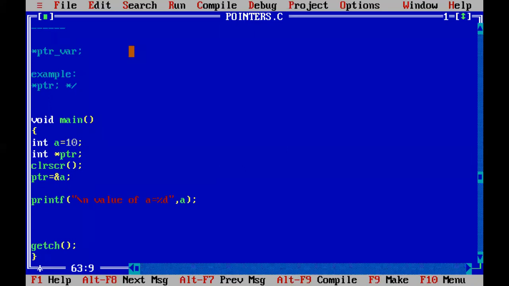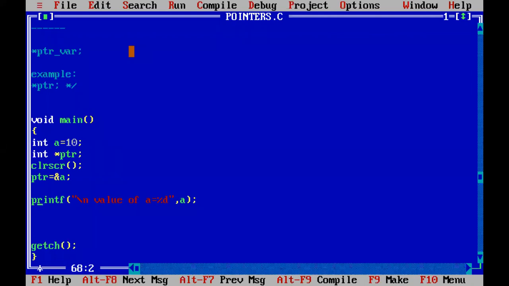And next, to store the first byte memory location address, we are creating PTR pointer type variable. And into that PTR variable here in the 4th line, PTR is equal to address of A. So the first memory location address of A variable is going to be stored in the PTR.